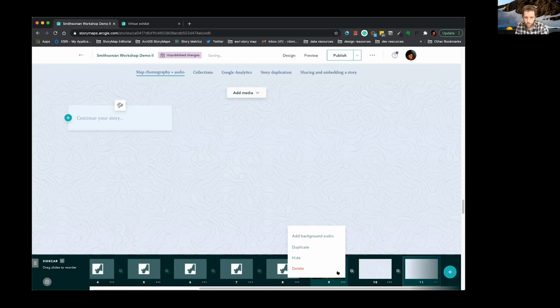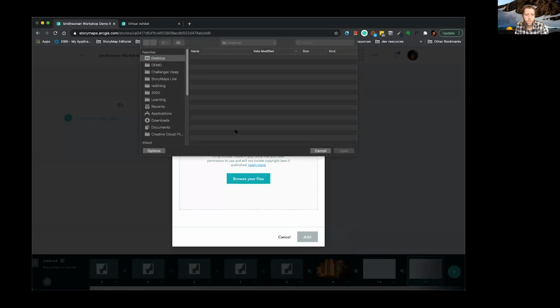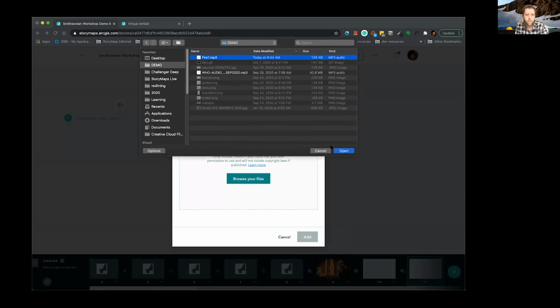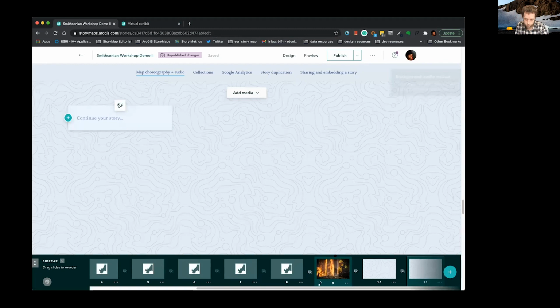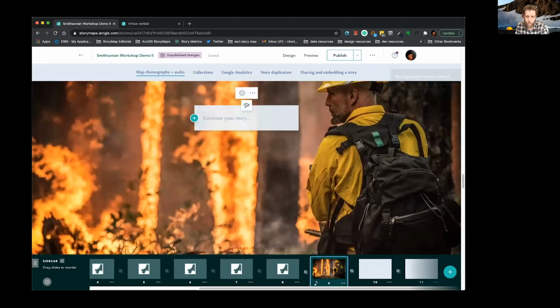is go in here, click add background audio, browse to your audio file, click add, and you get this nice message that it's been added. Okay, and there's also this indication here, this little note symbol. To just preview what this will look like,